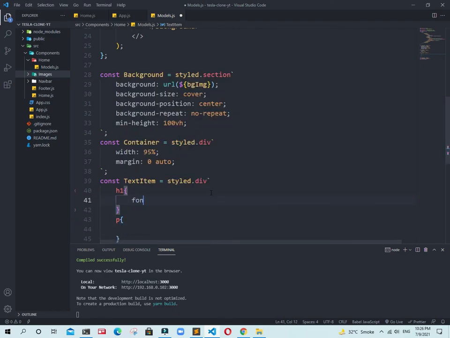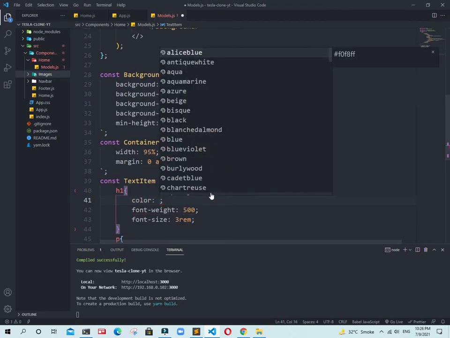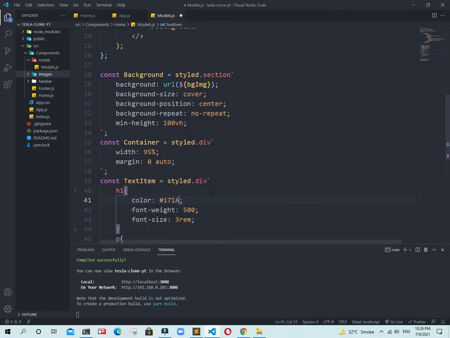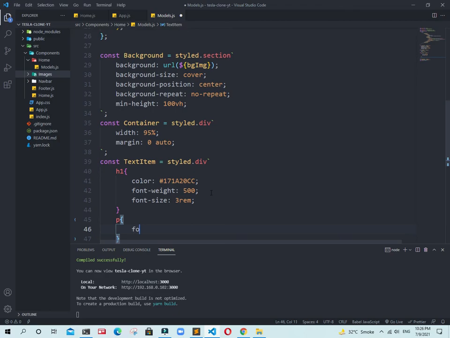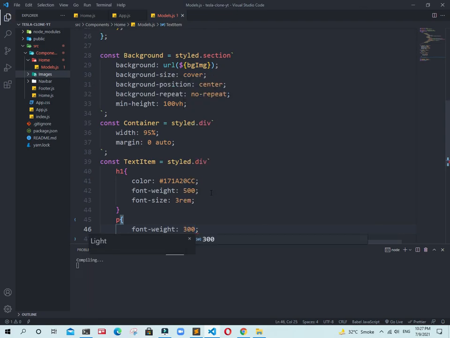To this h1, first of all add font weight 500 and font size will be 3rem. Also add a color to the h1, which will be #171a20. Now to this p tag, just add a font weight of 300.